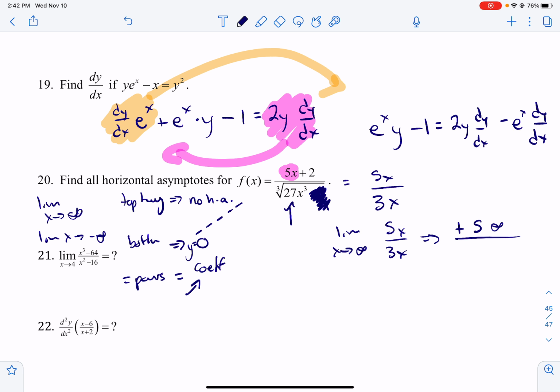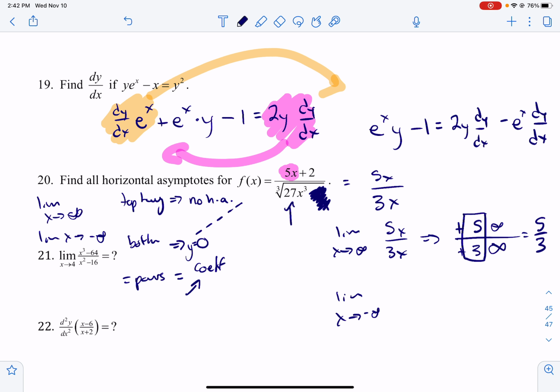On the bottom, I go to positive infinity, so I get a positive 3 infinity on the bottom. So I'm just interested in that part right there. I'm going to approach those coefficients. So I'm going to approach 5/3. All right? Now, as I go to negative infinity, which is the one that we forget a lot,